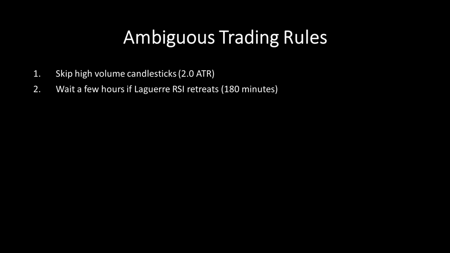The first ambiguous trading rule is to skip high volume candlesticks. There's no actual definition in the video of what is a high volume candlestick, so I've chosen to set a limit in my expert of 2 times the ATR. So if a particular candlestick is 2 times the ATR or greater, then I won't take a trade on that